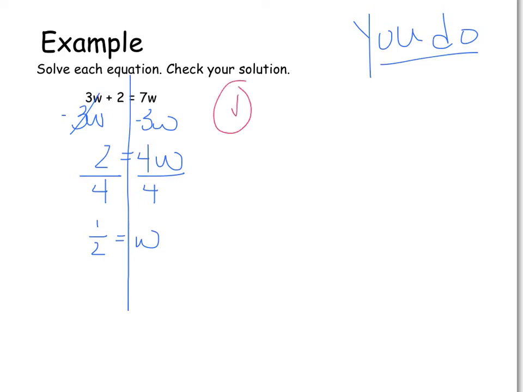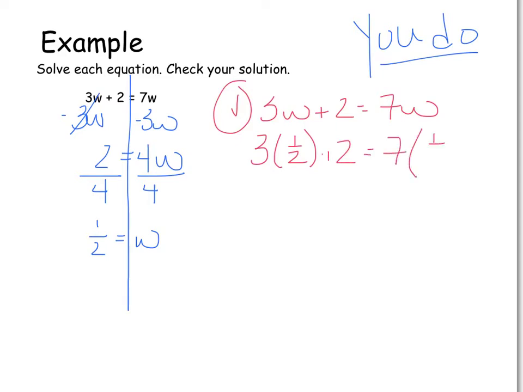And again, wherever there is a w, you replace. We have 3w plus 2 equals 7w. And I'm going to replace w with 1/2, so 3 times 1/2 plus 2. Does that equal 7 times 1/2? 3 times 1/2 is 3/2 plus 2